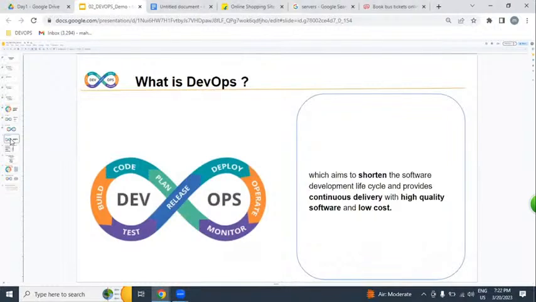But my question is, what is DevOps? Is it a technology like Java, .NET, Python? No. The answer is no. It is not a technology. It is a process which you can implement from the dev environment to operation. While implementing this process, we need to follow a set of rules. Which are the rules? Shortest time, high quality, low cost. This is exactly the DevOps process.